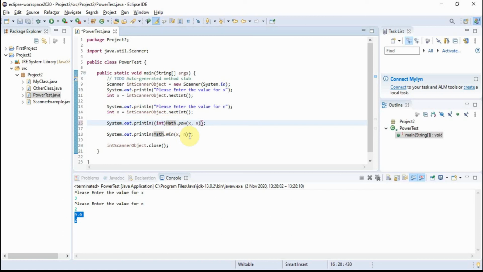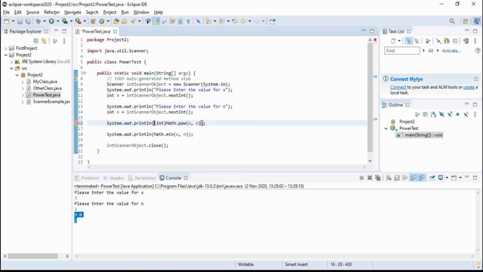Now here open quotation marks and say x plus